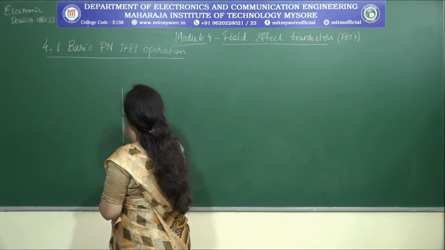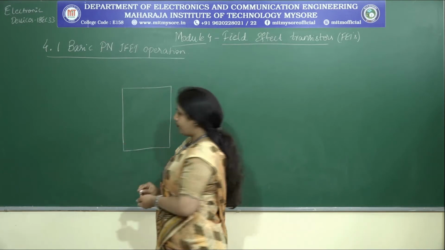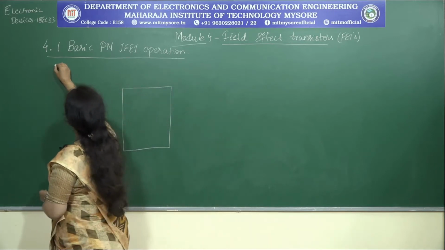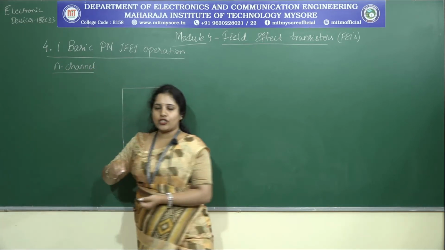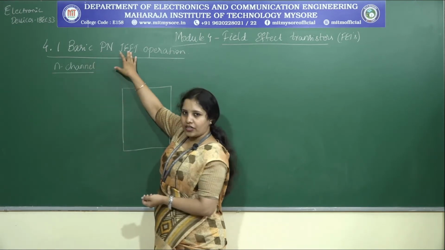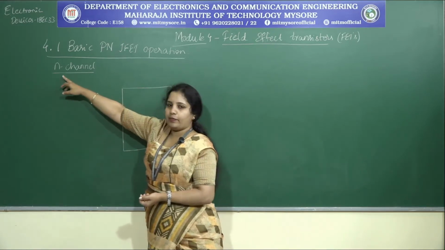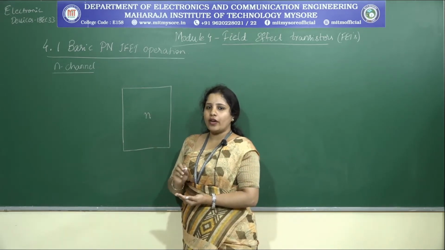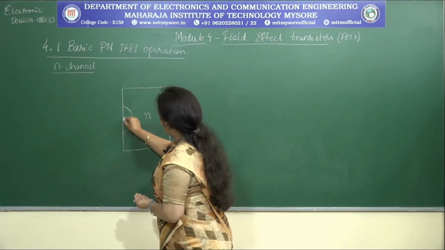So, you have a structure like this, out of which let me consider the type of PN junction FET. Let it be an N channel PN junction FET. That is the construction that we are considering. If it is an N channel PN junction FET that I am considering, then the underlying semiconductor that I have to consider should be of N type material. Therefore, what is the underlying material that should be used? It should be of N type material. To this N type material, we have 2 regions of P plus.